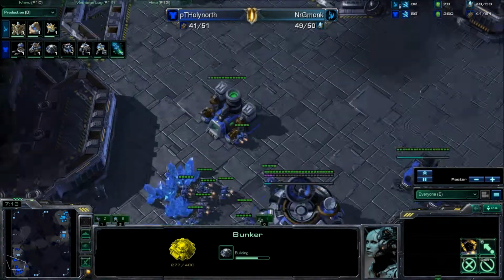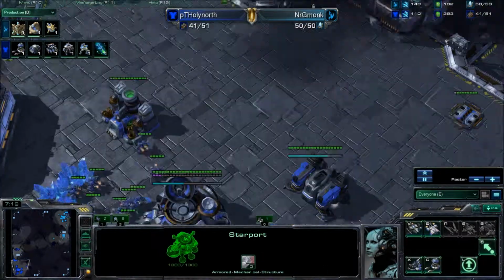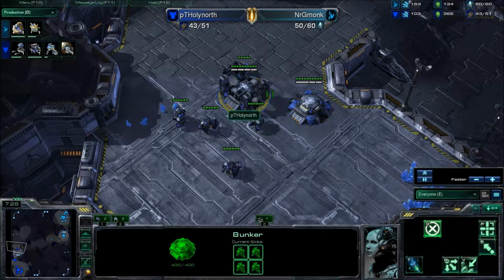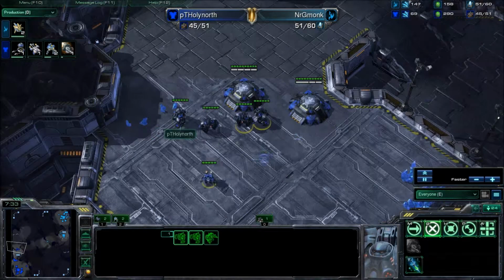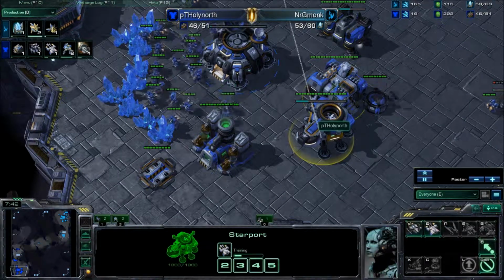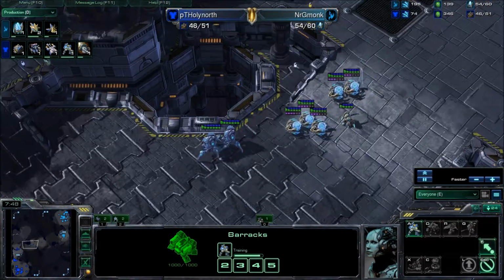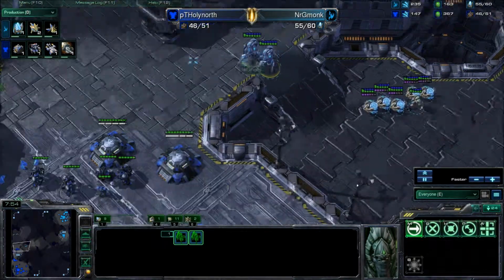He's got no expansion on the way, but he is getting a reactor for his starport. We'll see what he decides to do off this. Maybe he's trying to trick NrG's Monk into thinking that he's going for an expansion, seeing just the bunkers and then pulling back, whereas he is actually going for a pretty heavy push off of these 2 bases with medevacs and marines and marauders with stim,